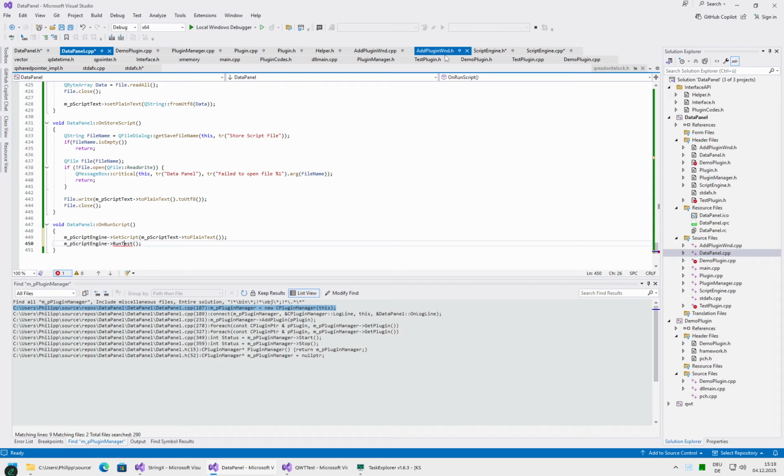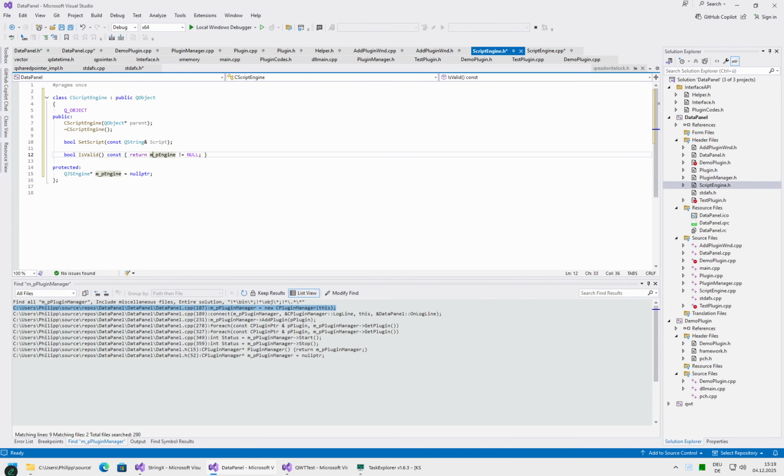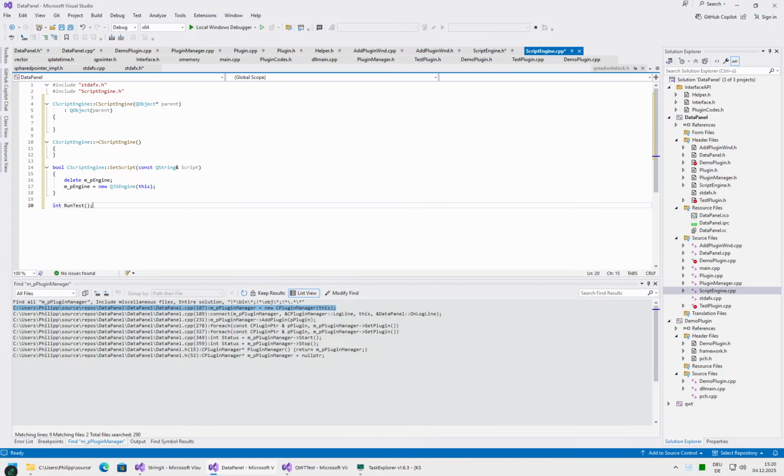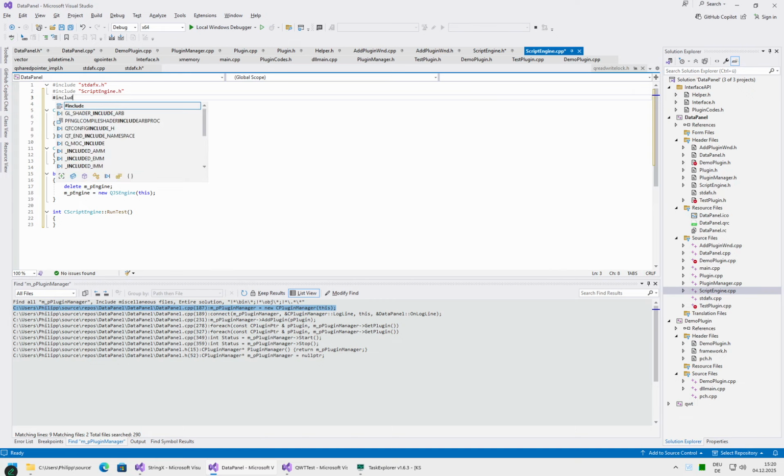So let's create first our int run test, and we will add here this run test function. So set script is not yet completed, we need to complete it, but more important, we need to include